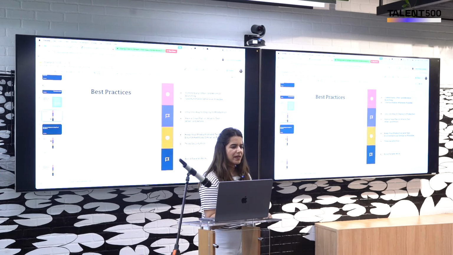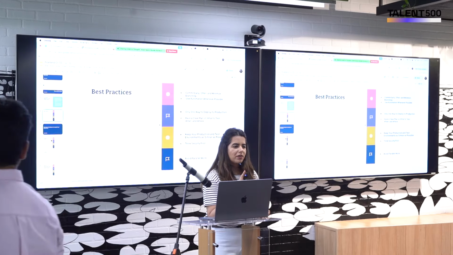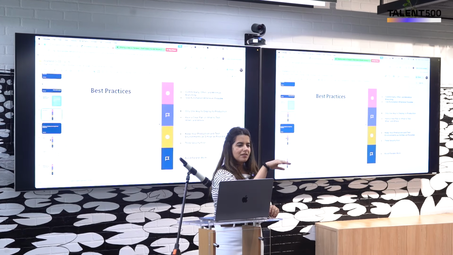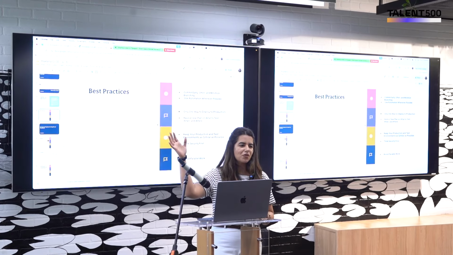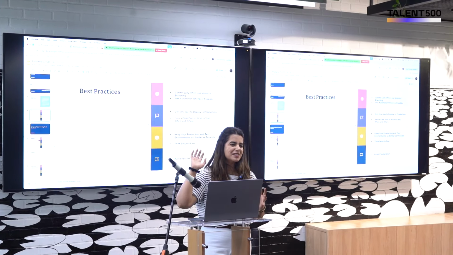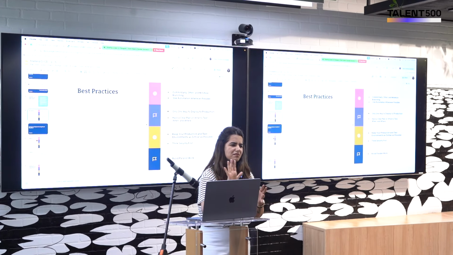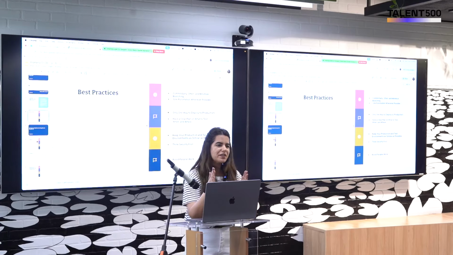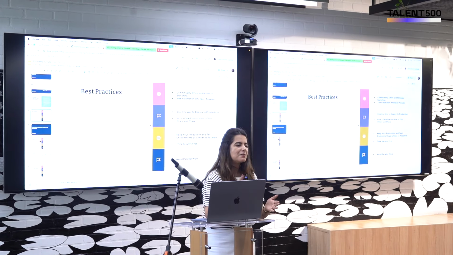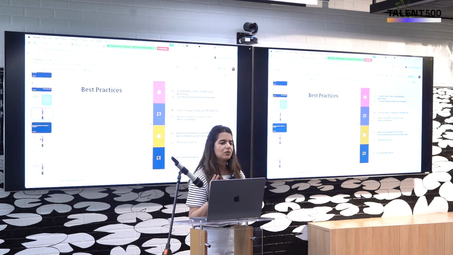Now, quickly talking about best practices. In the beginning I talked about, right, there was a team who started coding in one month, February, and they put their code into production in X number of months, and they didn't realize how many things were failing. There were just commits and commits over a very long period of time. You complete one feature, you make a commit. Then you complete a feature, you make a commit. That is not how it should be. Make smaller commits, test smaller commits, and then make that code testable.